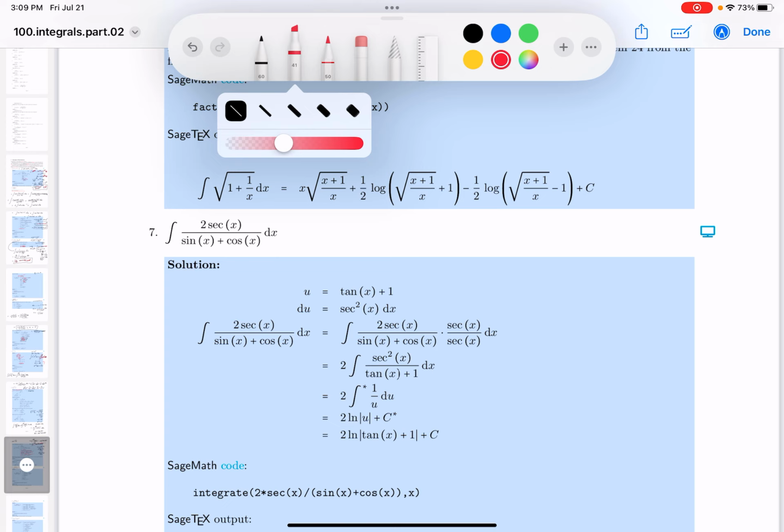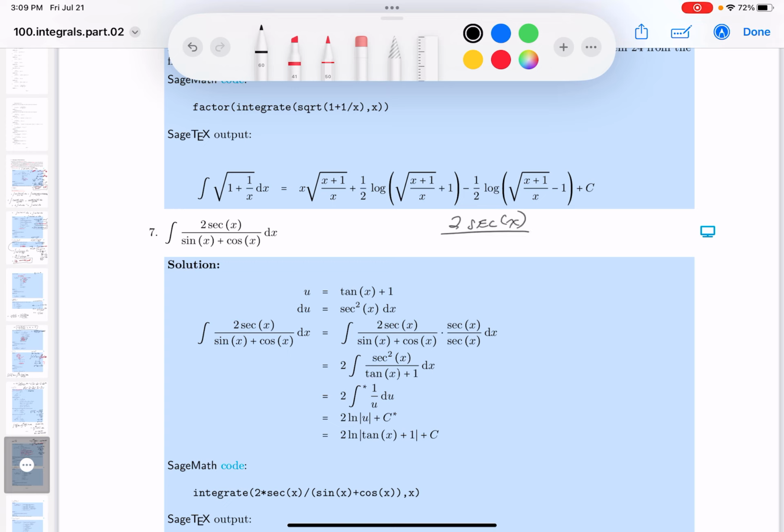One reason is that the derivative of the tangent function is secant squared. That's one reason to do it. All right, and I do see secant, but I don't see secant squared. So what I want to claim to you is that I need to see secant squared. So I'm going to just write down the integral, which is 2 secant